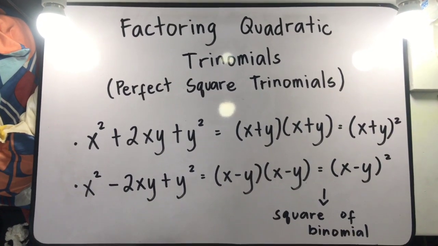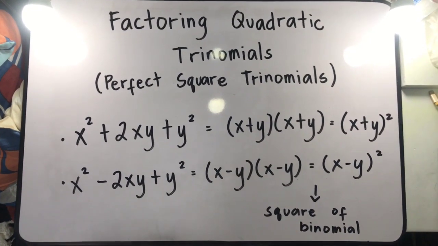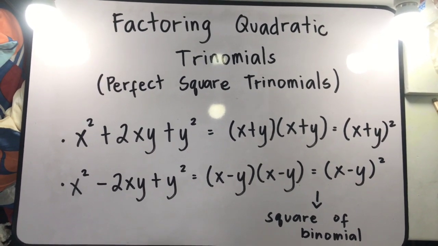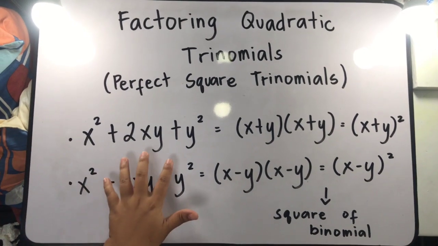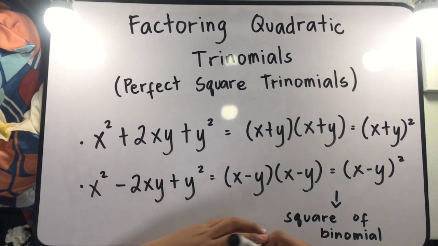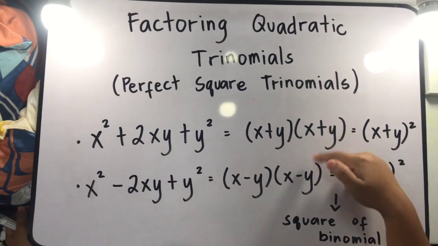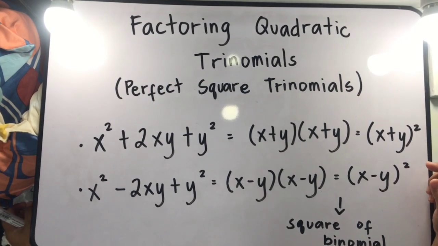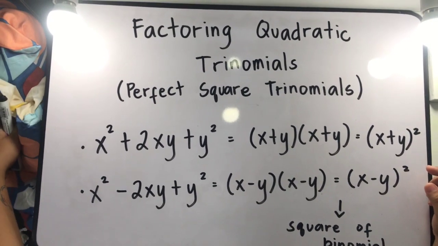For today's lesson is all about factoring quadratic trinomials, specifically the perfect square trinomials. So here are the examples of perfect square trinomials, and if you will notice, their factors are two binomials that are exactly the same. Now, with regards to their sign,